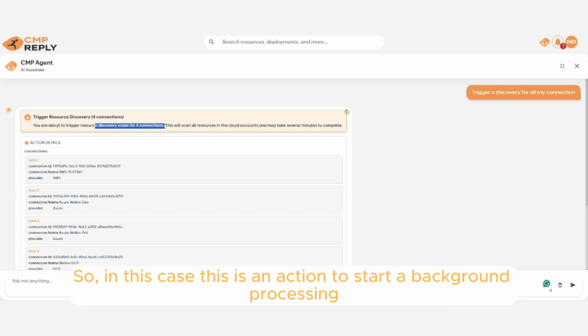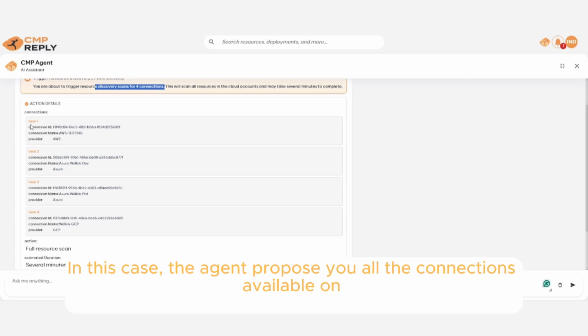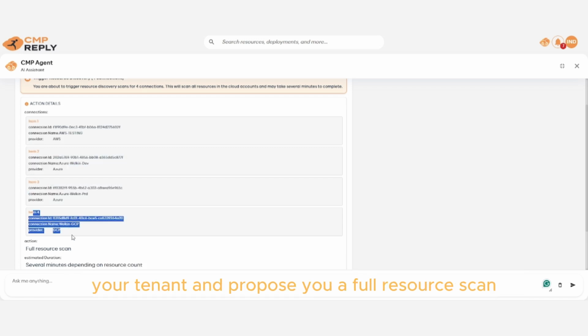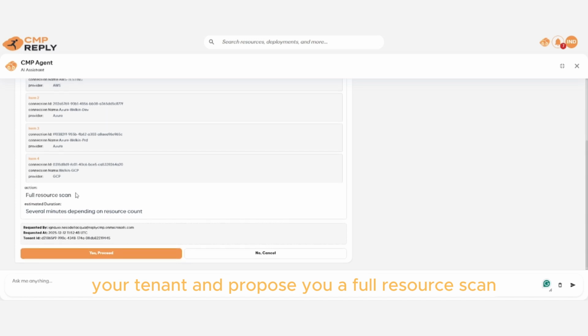This is an action to start a background process to download all the new resources for all the cloud connections. The agent proposes all the connections available on your tenant and suggests a full resource scan.